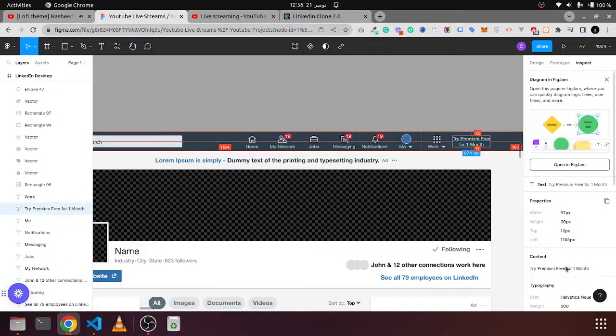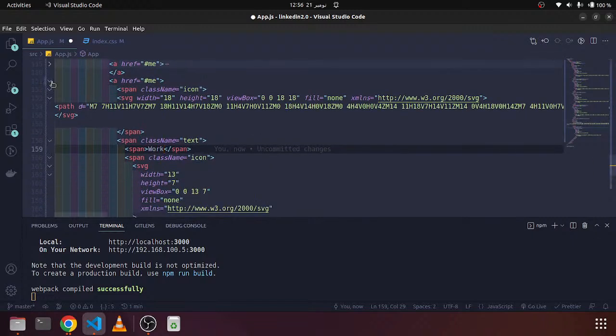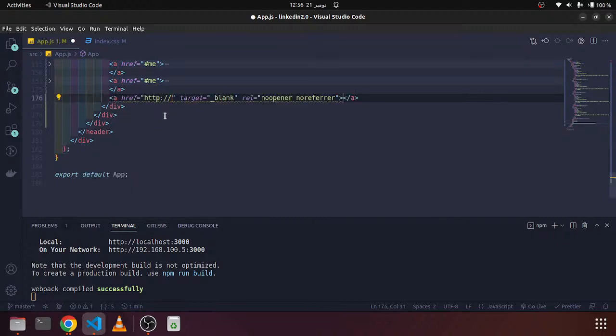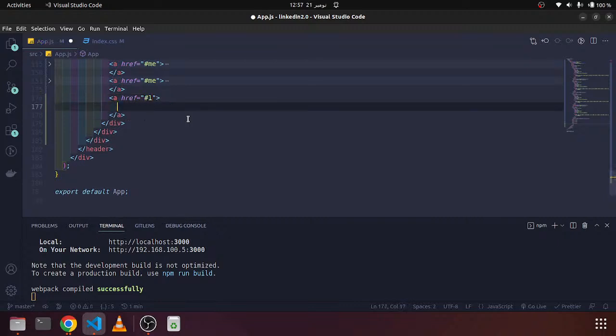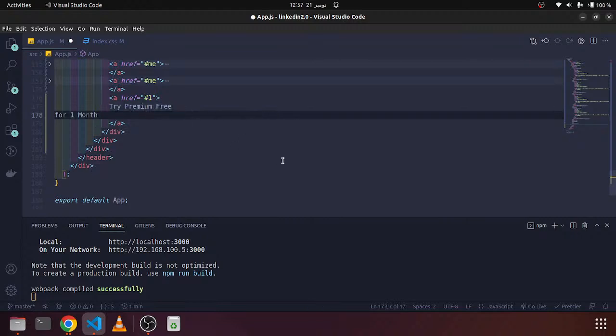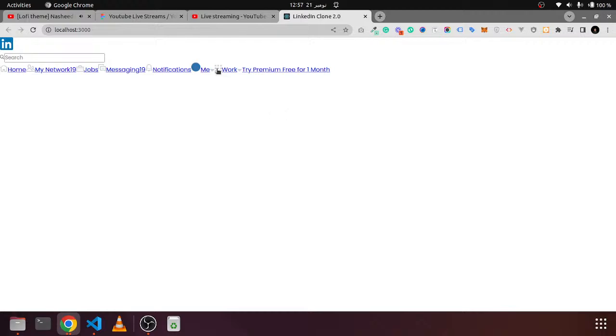Now let's copy that thing as well, try premium, and now let's close that, and I should say a, sorry, a, and it should be link href. Now we are just doing random dummy links, that's why I'm saying that. So let's copy that here. Now let's preview the HTML, and yes, we are almost done with the HTML thing,